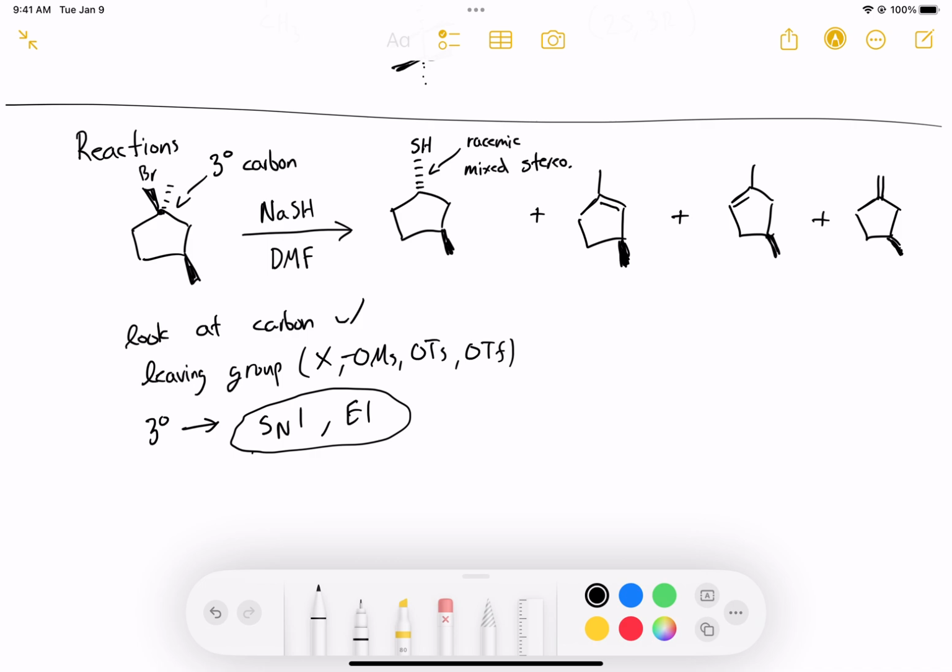So it happens through this. So now this is planar plus. Okay? So if SH comes in here, so the nucleophile here is SH minus. So this is sodium plus, SH minus. When we dissolve it in solution, it's going to separate into ions. Sodium does not do anything, so don't attach the sodium. So this could do this, or